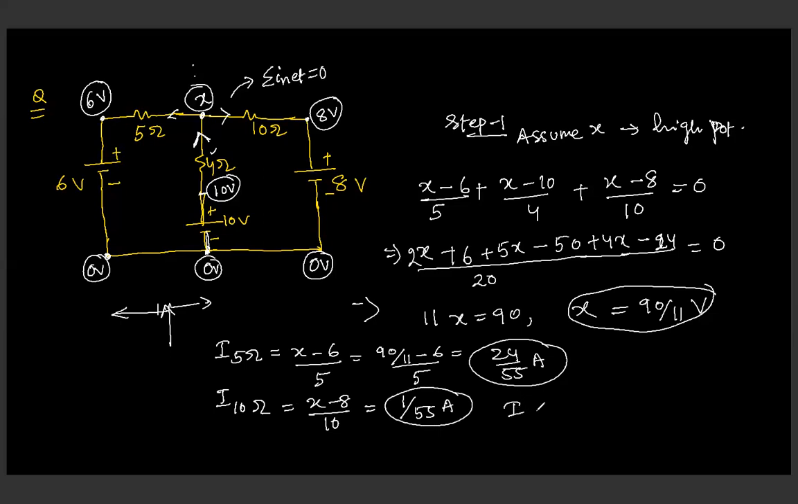Similarly, finding out the current in 4 ohm, that is X, okay, this time 10 volt is more. So we'll be writing 10 minus, if you want, you can write X. So you'll be getting a negative